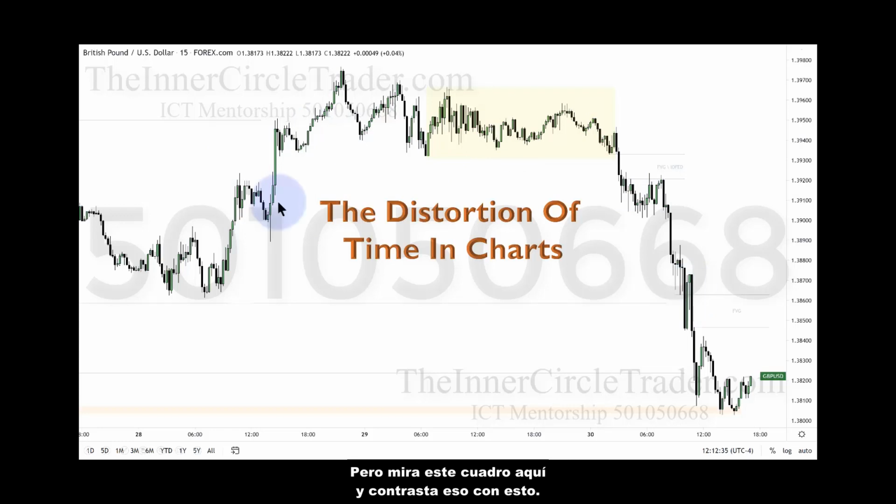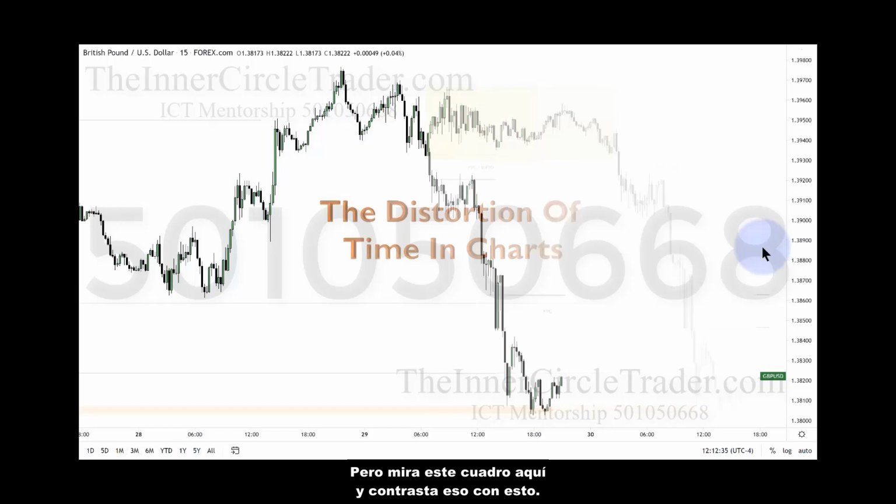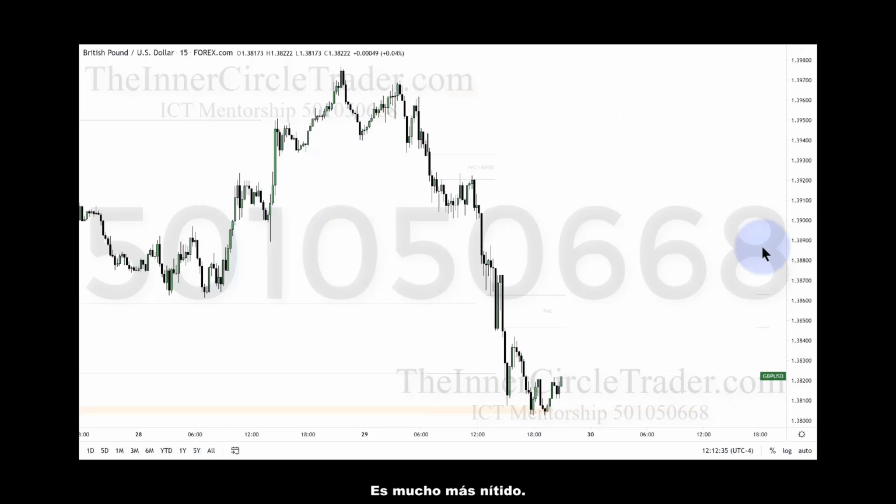But look at this chart here and contrast that with this. It's much sharper. The interpretation of price is easier to follow because you don't have the distortion of time, because this chart is 15 minutes. It has no choice but to mark what the chart is showing relative to its high and low for each new 15-minute interval. So if the data is being forced into the chart because price isn't going any higher than this high or any lower than this low, it's not going to create anything that's useful